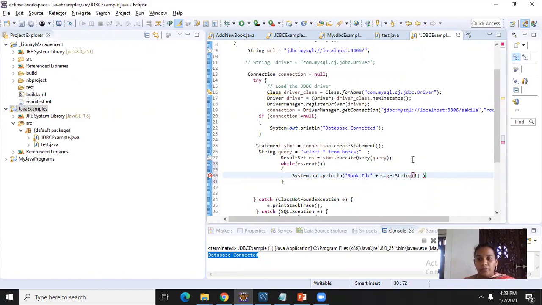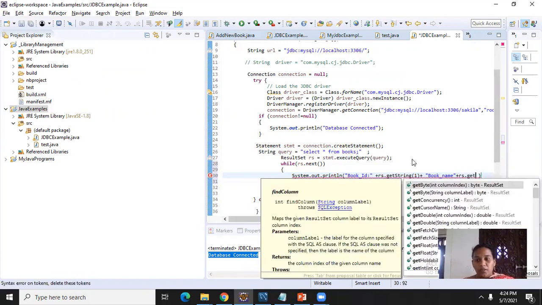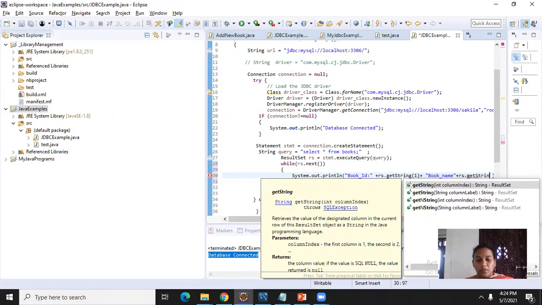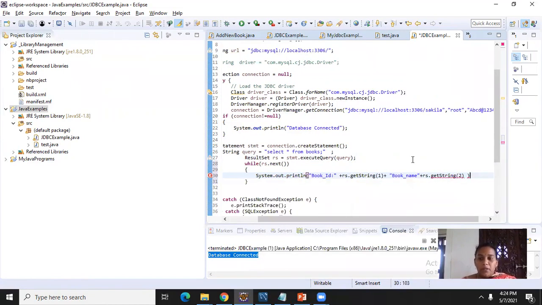Okay, and next, book name, rs dot get string. The second column holds the book name.